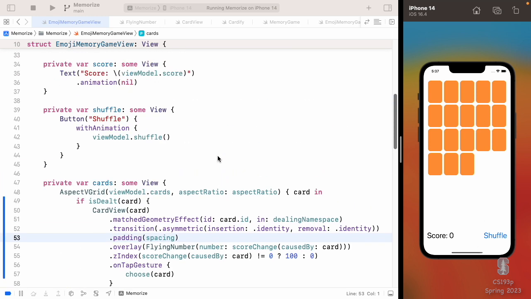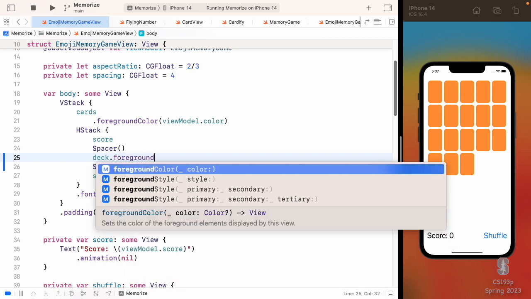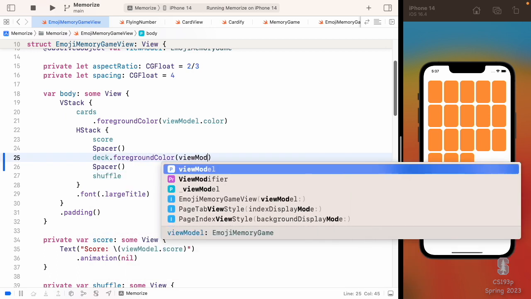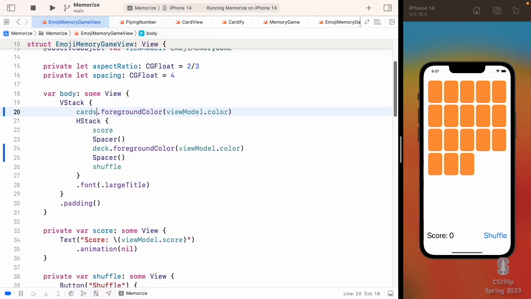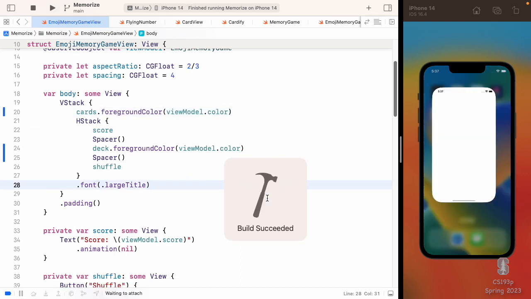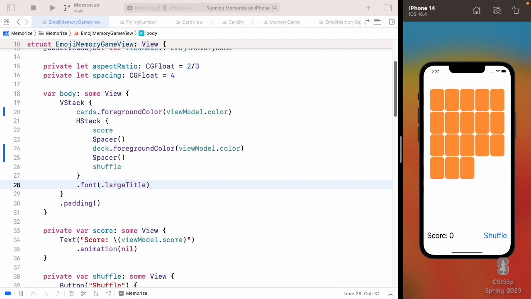I'm going to go up here to my deck and set its foreground color to my view model's color. Just like I do for my cards, I'm going to do it for my deck as well. Probably would make it look the same by doing that. We're almost here with the dealing of the cards, but there's a little more to do. Let's try this though. Yes.